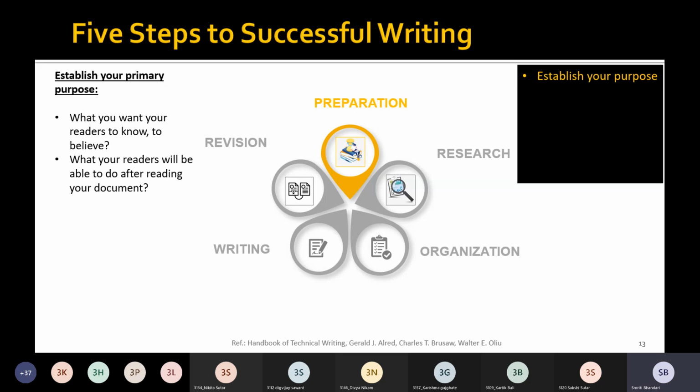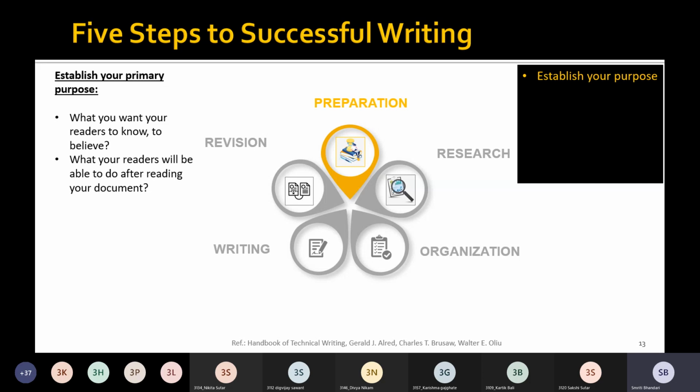So you need to come up with a technical document that you are supposed to submit or present to your top management. To prepare such a document, to begin with, you need to first establish your primary purpose.